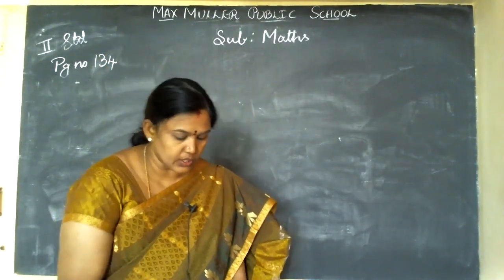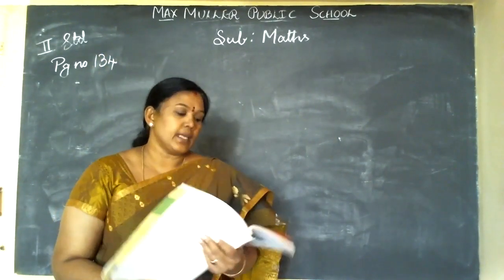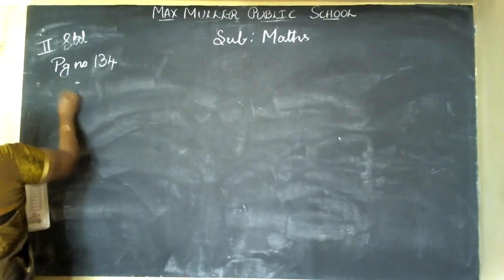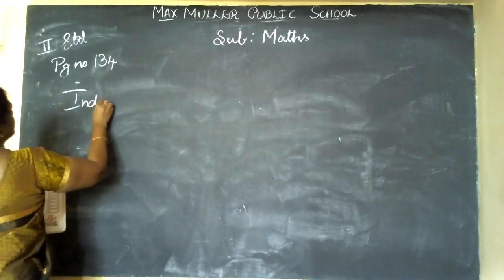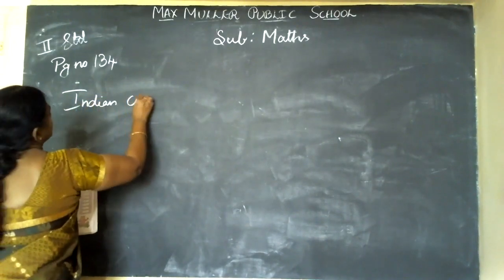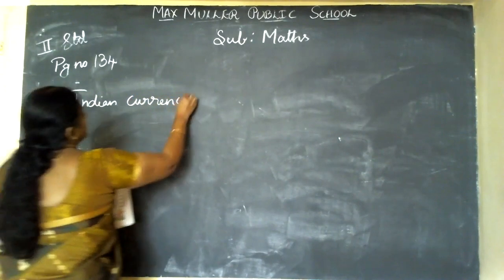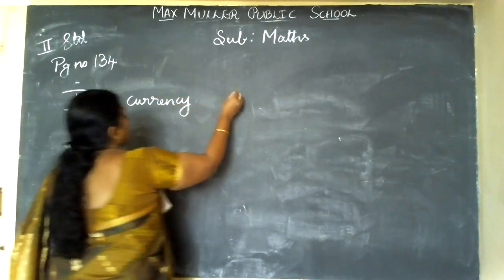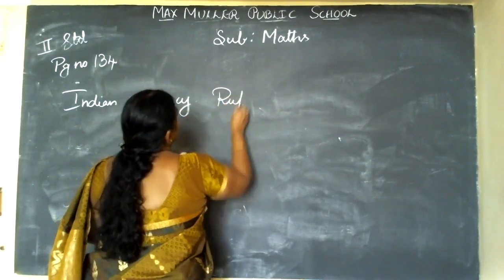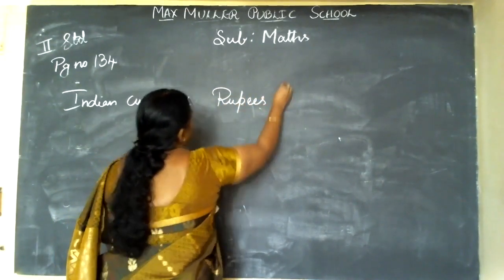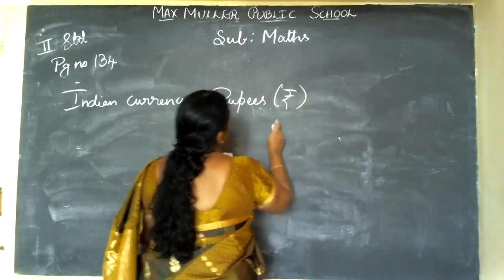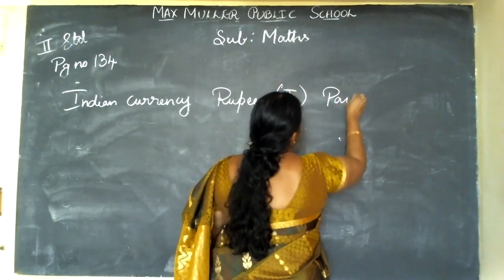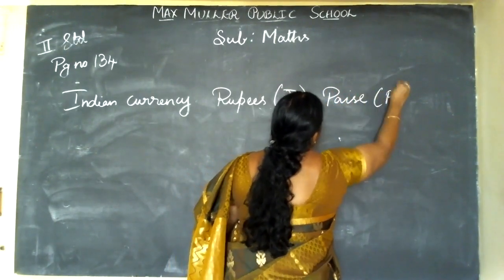You want to express, children. We usually use rupees and P for paisa. See, rupees is Indian currency. This you want to write in the rough note, children. Indian currency, rupees. The short form is like this, children. You want to write this sign for rupees. Paisa, the short form is P.